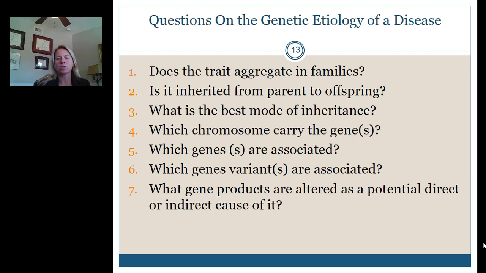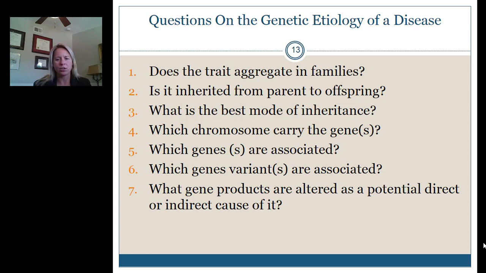So key questions that we ask when we're looking for genetic etiology of a disease are, first of all, does the trait aggregate or group in families? And the next is, is it inherited from parent to the offspring? What is the best mode of that level of inheritance if it is inherited? And then which chromosome carries the gene that's associated with that inherited trait? And then once we know the chromosome, we then can try to determine the gene on that chromosome and then the specific variant of that gene or genes that is associated with that phenotype, and then what genetic product is altered specifically that leads to that